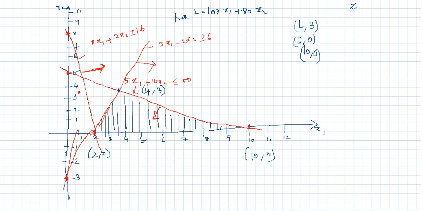So if you apply 4 comma 3, it will be 400 plus 240, which is 640. And if you apply 2 comma 0, it is 200. If you apply 10 comma 0, it is